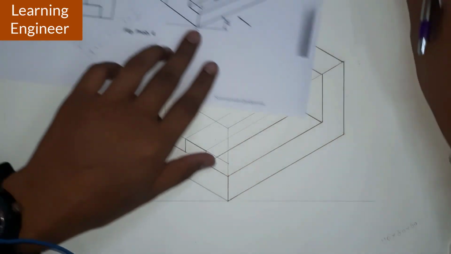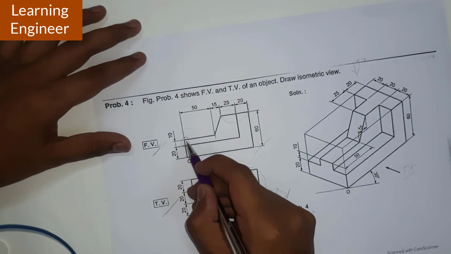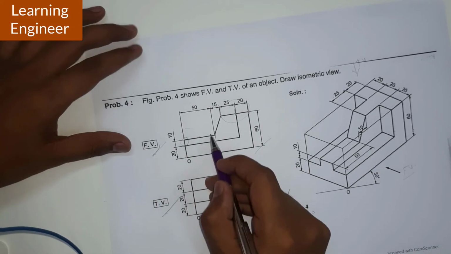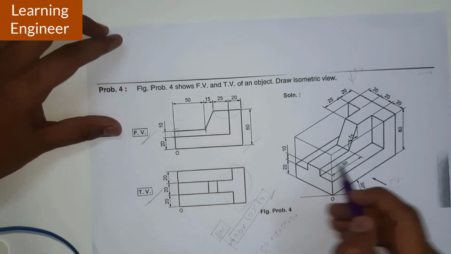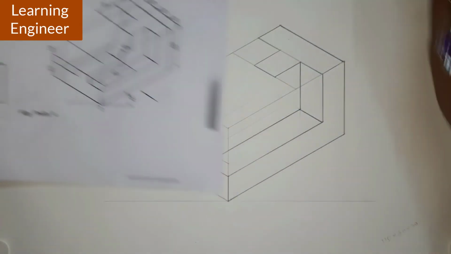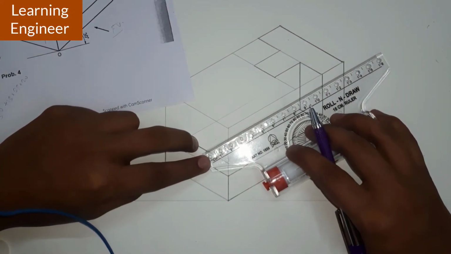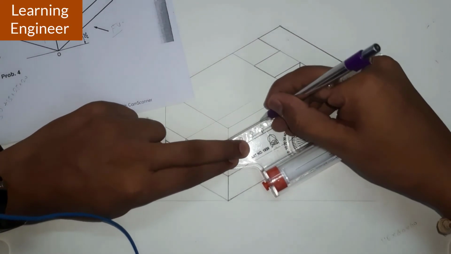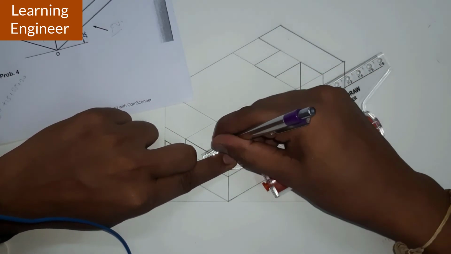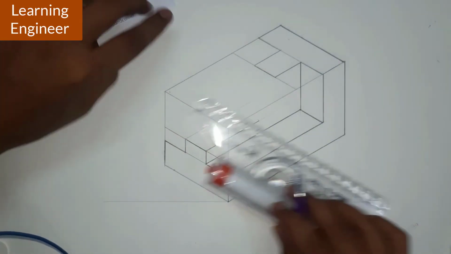and we have to mark this particular length, this 50 millimeter, that we have to mark. At a distance of 10 we have located this particular line, which we are talking about, and we have to mark 50 millimeter on this particular line. From here to here the distance is 50 millimeter. So let us mark 50 millimeter. So this you can see, this is 50 millimeter. This I have marked, and this I will dark, as I know that surface will be there.